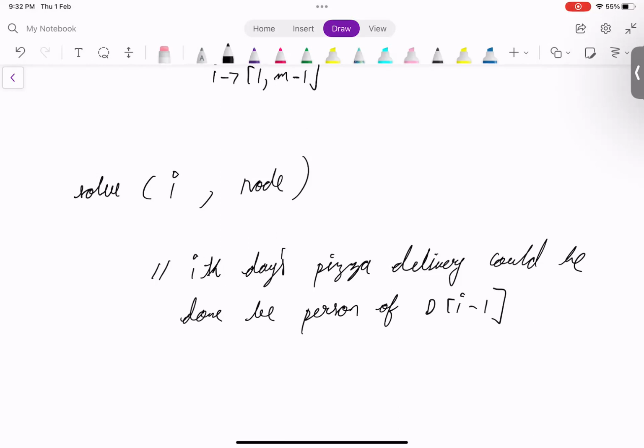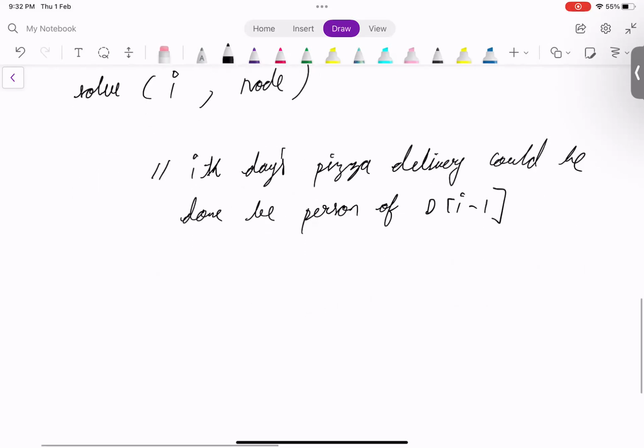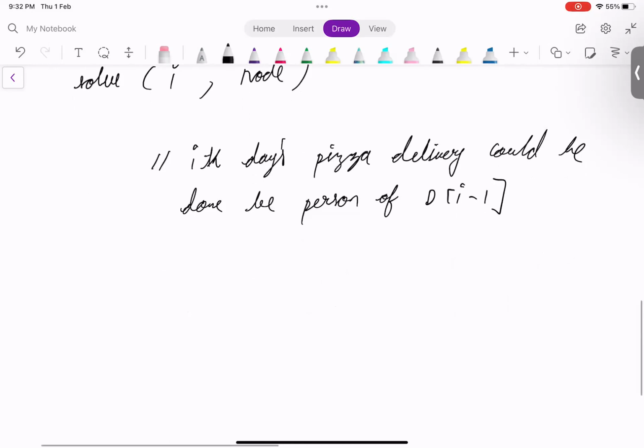This is because we are on the ith day and we know one person is on destination of the previous day and the other person is on some node, and that node we already have track of. So now let's see how we can calculate this. Can we say that the transition for this will look like